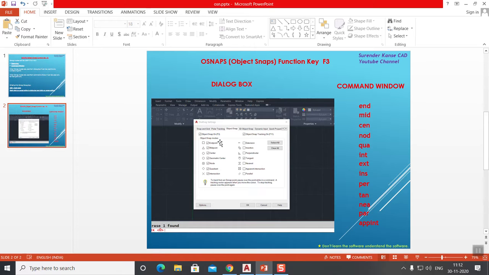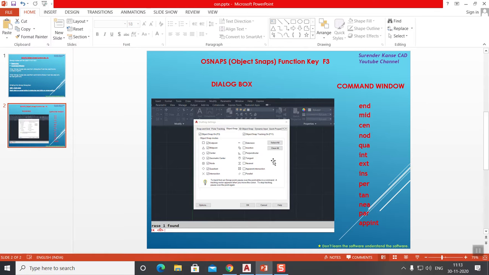If I want to locate the endpoint of an object, I need to bring the cursor to the endpoint and then locate the point. At certain times it takes a lot of patience to locate the required points on the object. So I suggest endpoint and midpoint should always be on, and for the other OSNAP modes required specially in the drawing, you can look at the drawing and turn on the required modes and make your drawing very quick and fast.